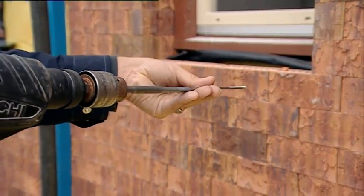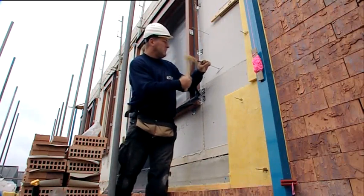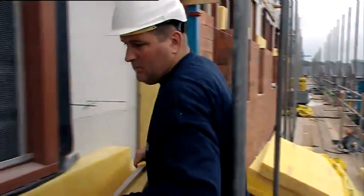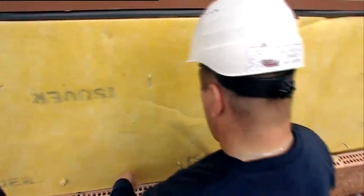The profiled threaded wall anchors are used in the case of less hard base constructions, like wood or aerated concrete. When using hard insulation materials, it is recommended to mount the insulation sheets before applying the wall ties. When soft insulation materials are used, the insulation sheets can be